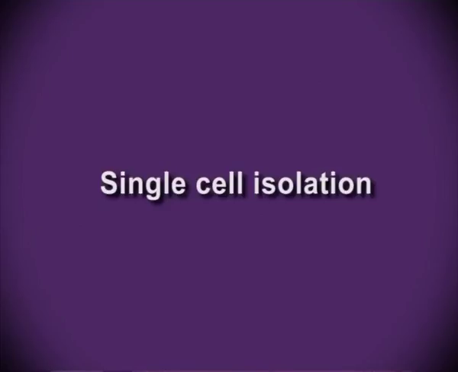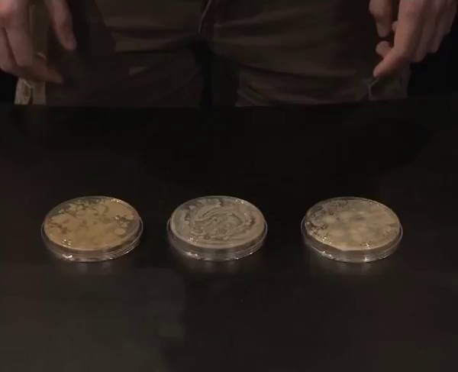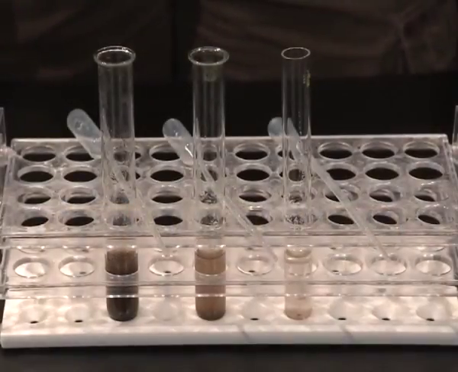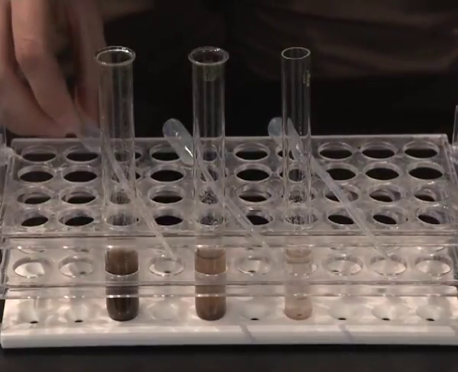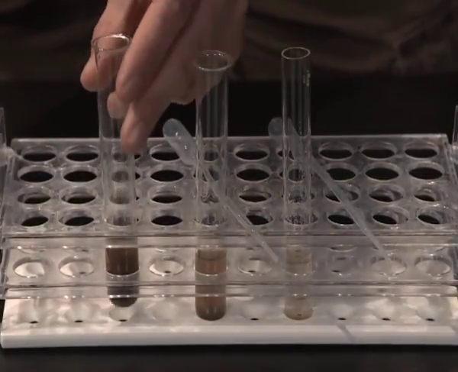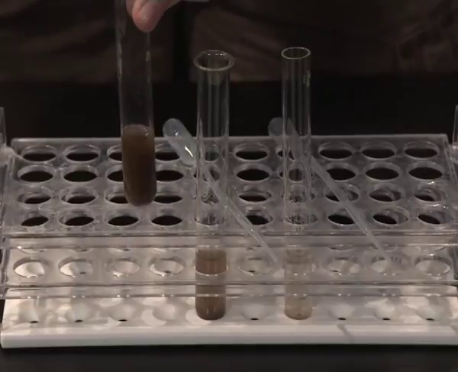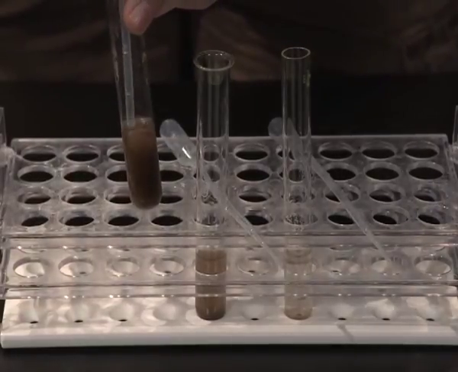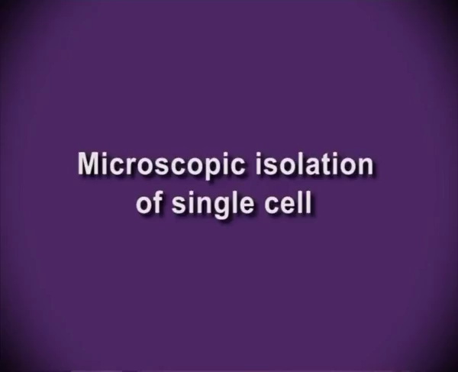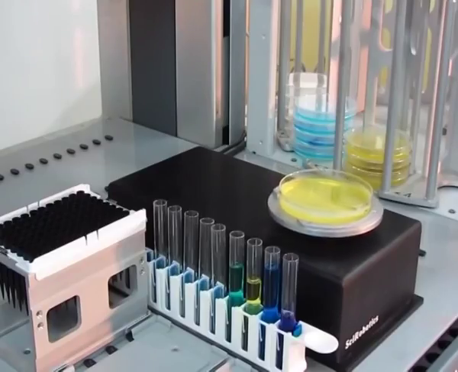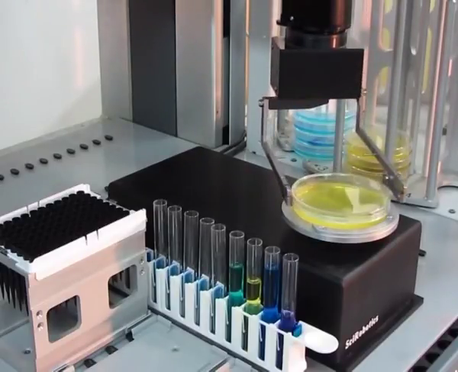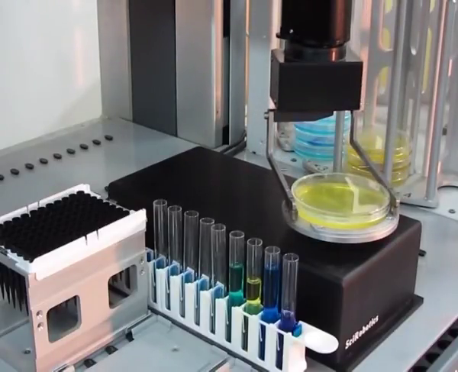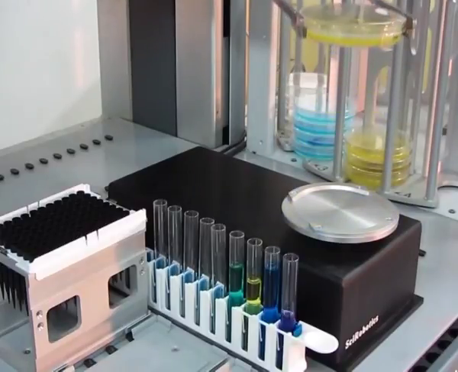Single cell isolation technique. In this procedure, cells from a single isolated colony are again subjected to serial dilution and plated. Colonies arising from such a plate are considered as a colony from a single cell. Microscopic isolation of single cell. The serially diluted sample from the above procedure is taken in a hemocytometer and a single cell is aspirated using a pipette.